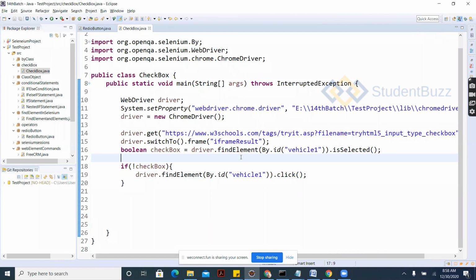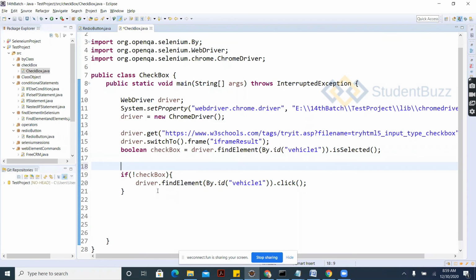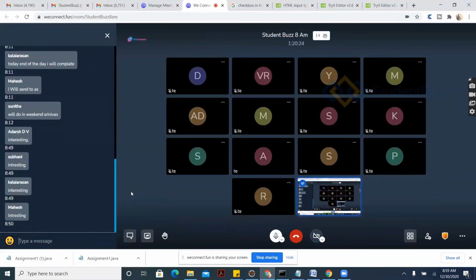I'll tell you the concept of drop down. What is a drop down? What are the things that will be there? So we have multiple ways of doing this drop down. One is single drop down, another is multi drop down. What is a single drop down and what is a multi drop down?